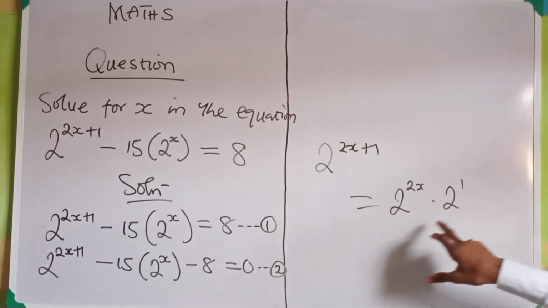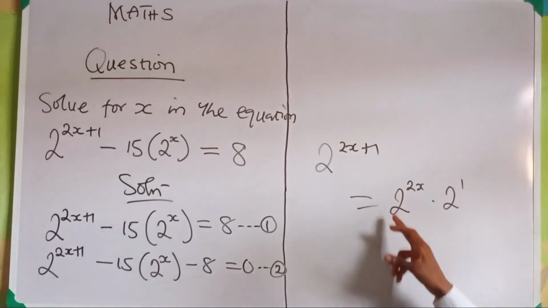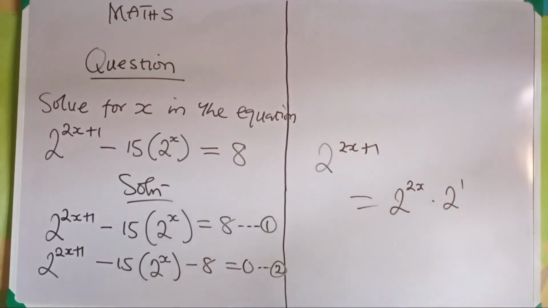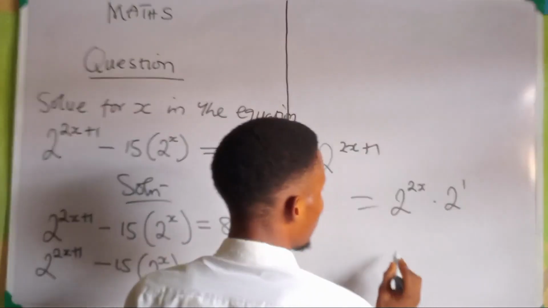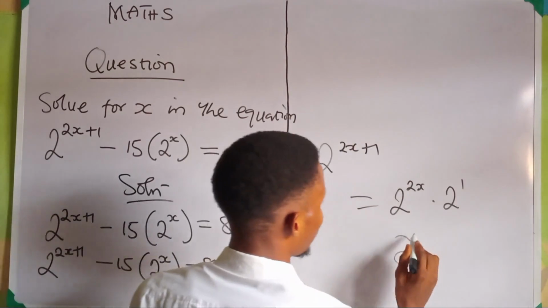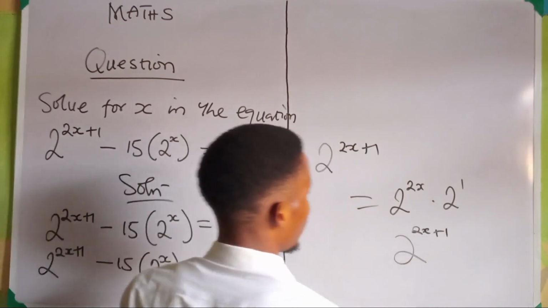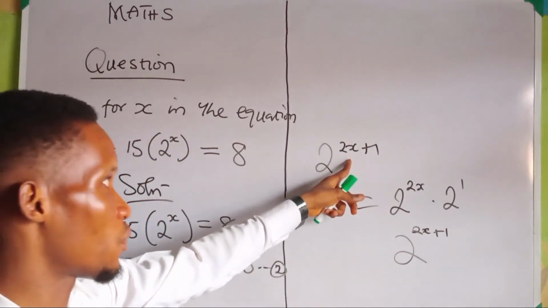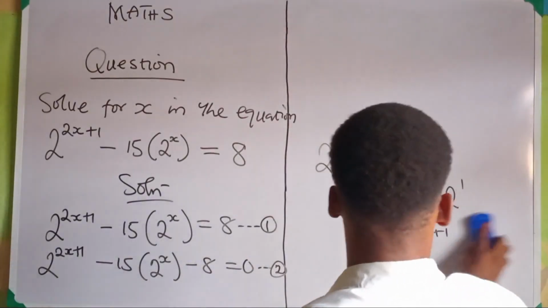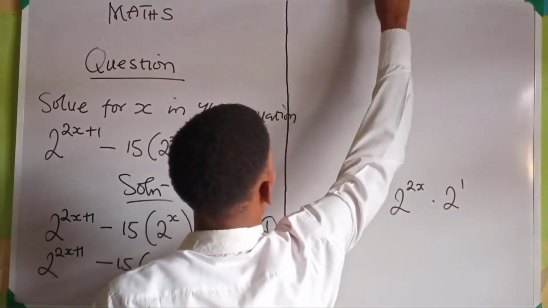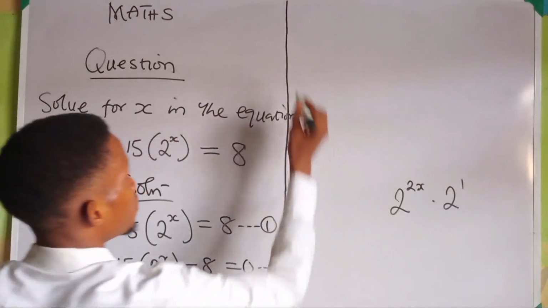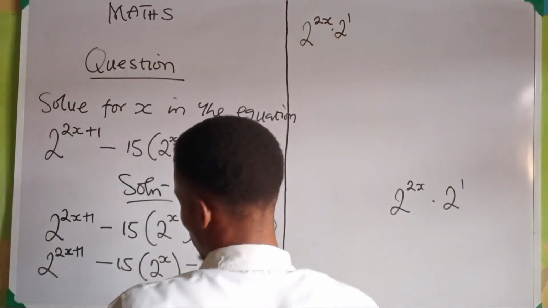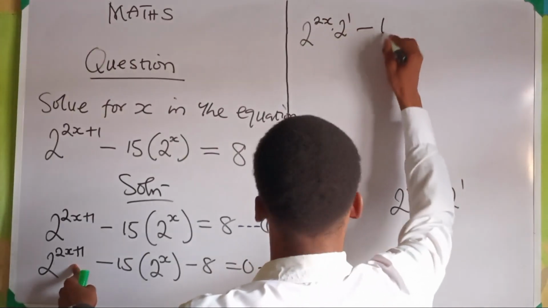If you apply the multiplication law of indices, where the bases are the same, you pick one base and add the powers, which is 2x+1. So you can see that it has gone back to what it was before. So we can now make use of 2 raised to the power 2x dot 2 raised to the power 1 in place of this,